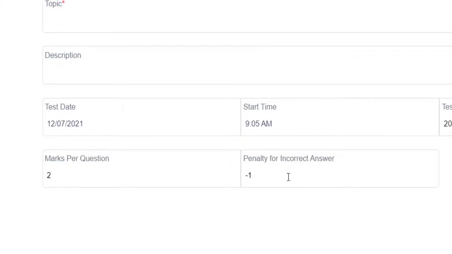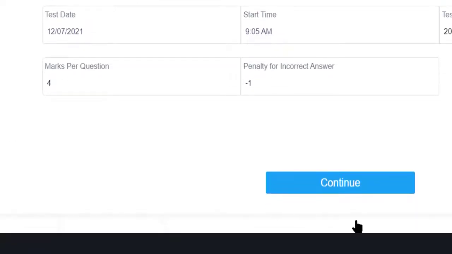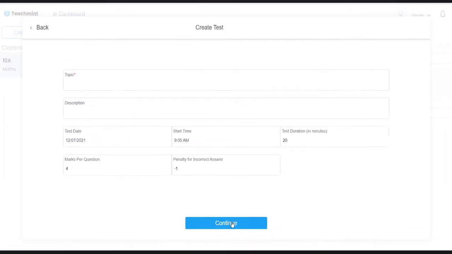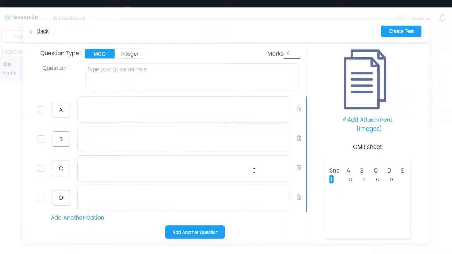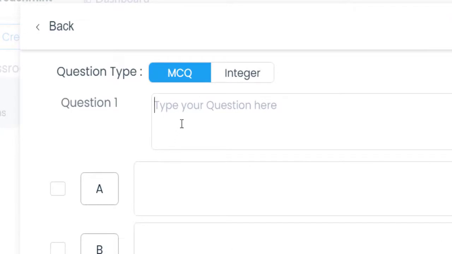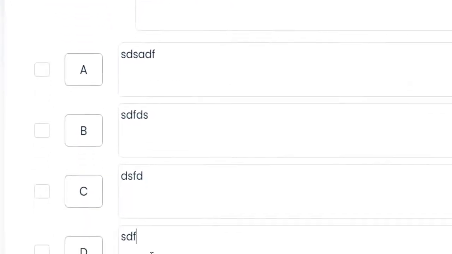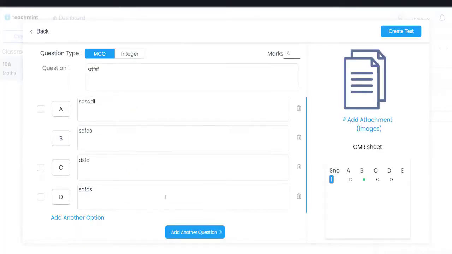And per question you can add a 4 also. Then by clicking Continue, title, it is important. Then you click on the Continue button. The objective type of question is asked, because then we can type questions here. Then we can type the answer, and here, whichever is the correct answer, you select that one. Then add another question by clicking Add Another Option.